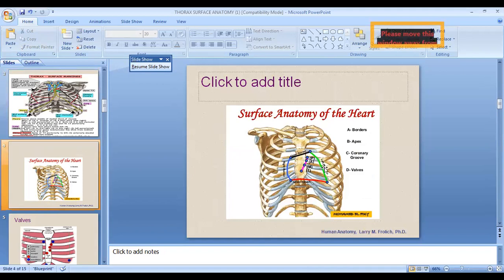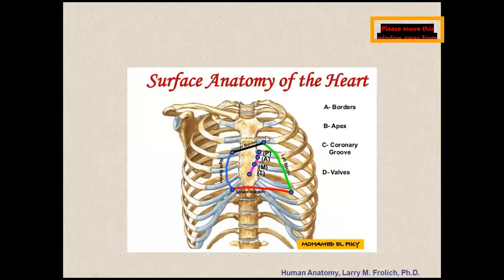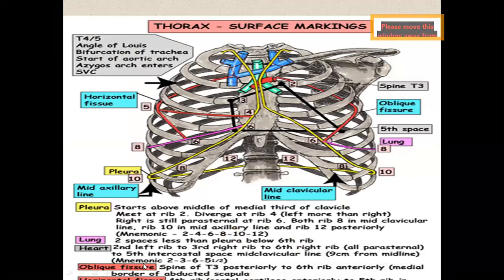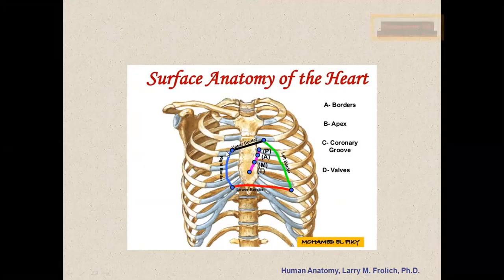So similar surface markings you can see here also. This picture I just told you. See, second to third rib. Second rib of the left side to the third rib of the right side makes the upper border. I said it is like this. Second left rib to third right rib. So from third to sixth we have to make, isn't it? From third, fourth, fifth, sixth. If you join this line, it makes the right border.